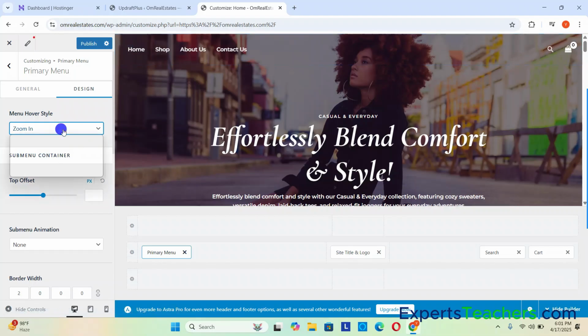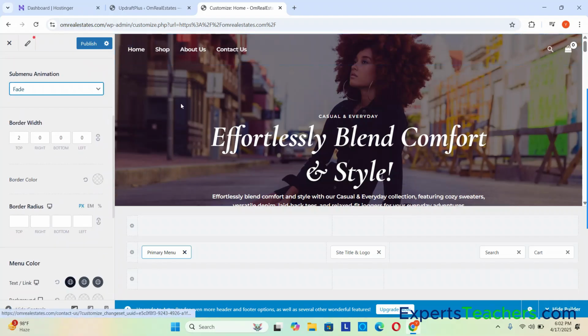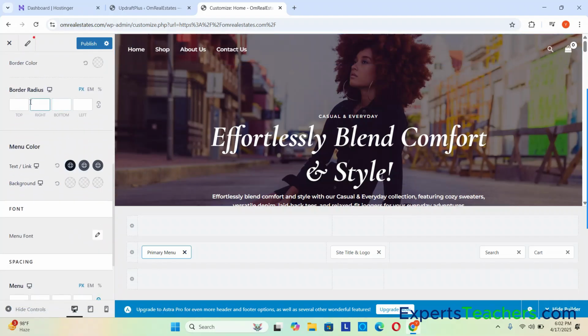I'm selecting the option of zoom in, like once anyone hovers the mouse on it, it will zoom. And this is the top offset, sub menu fade. So it will work once I publish the changes. And this is the border radius. You can set some border radius,